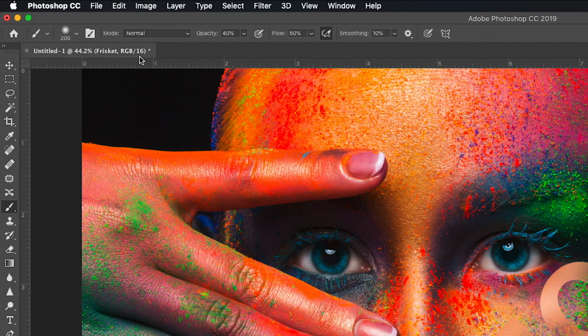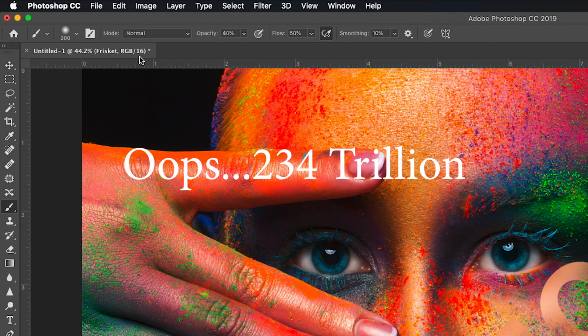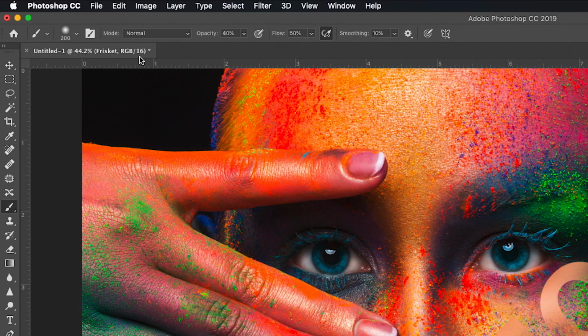We won't belabor the binary math here, but I can tell you that 16 bits means that we have 2^48 potential unique colors that we can have in this document. Now, that is not to be confused with color space. Color space is a discussion about ranges of colors that are supported by output devices. Bit depth is a discussion on capacity in terms of the number of unique individual colors that a document is